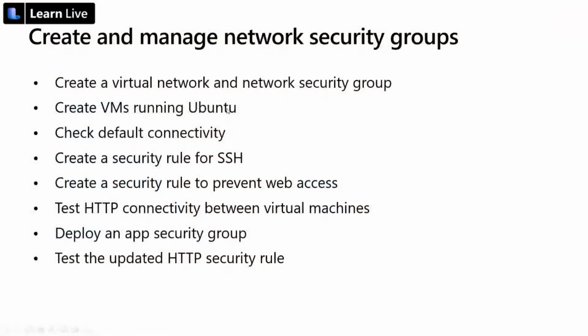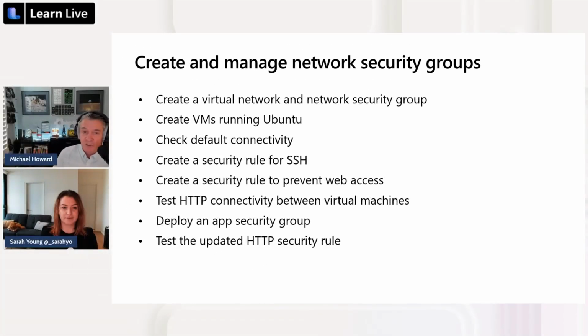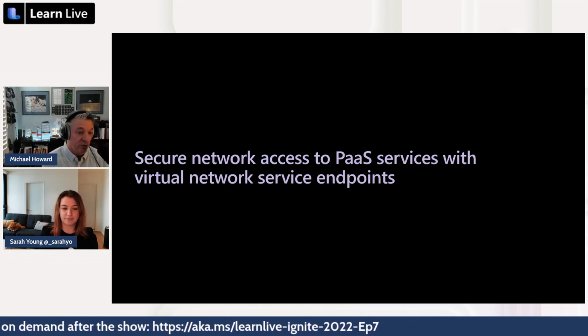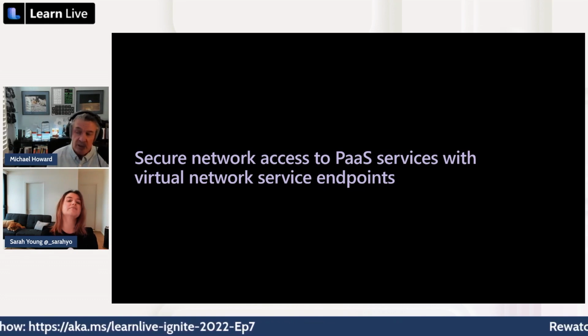So the actual lab that you'll go through, which is what I showed you before, you would create the VNet and the network security group. You would then create the VMs, and then you would do the connectivity between the two of them, or not. So network security groups are incredibly powerful. They are an absolute cornerstone of any networking environment within Azure. They're certainly a core starting point. So let's change our attention now to PaaS services, like securing PaaS services with virtual network service endpoints.